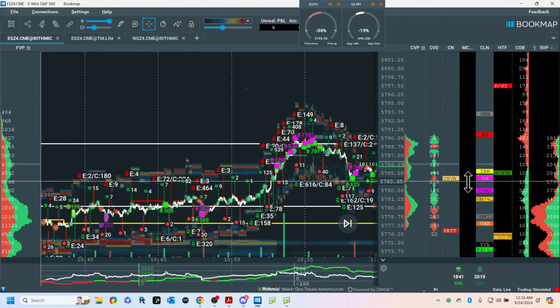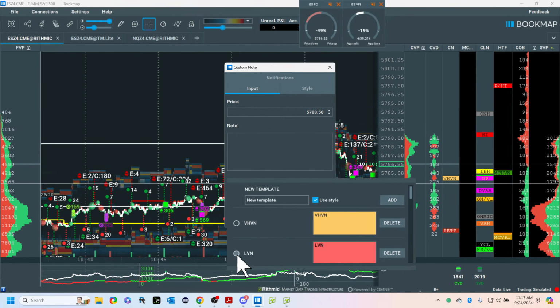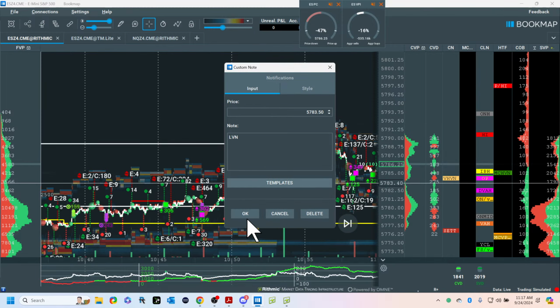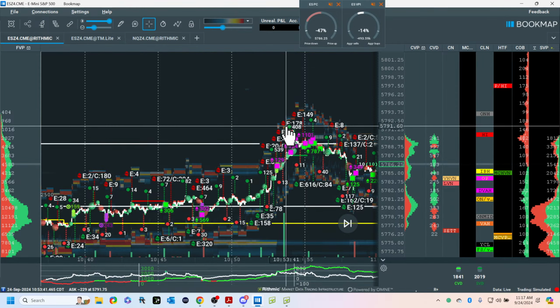Here's the other piece to this. Out here is called the low volume node. Let me mark it. And what is a low volume node? I showed you one coming from the other direction. So now we're just going to watch this. And these are not trade recommendations. This is kind of what you call your funky location. So let's look at this.